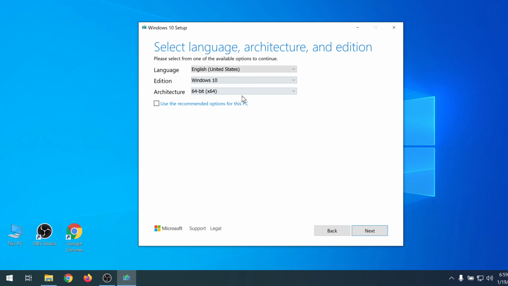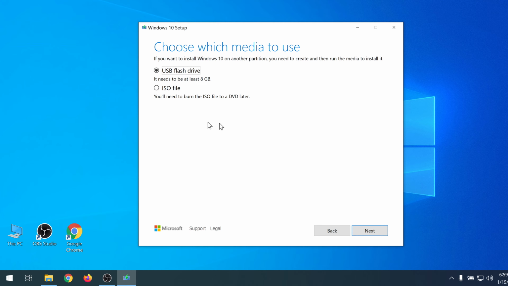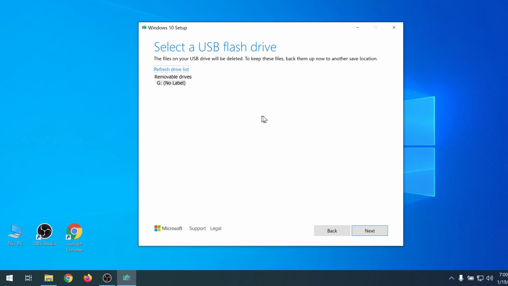Okay, here I can leave 64 or use the recommended, it doesn't matter. Okay, you can flash it on a USB flash drive or external hard drive, or you can just download the ISO file and burn it on a DVD later or on a different stick with a different software of your choosing. Okay, I already have a USB inserted. Next,